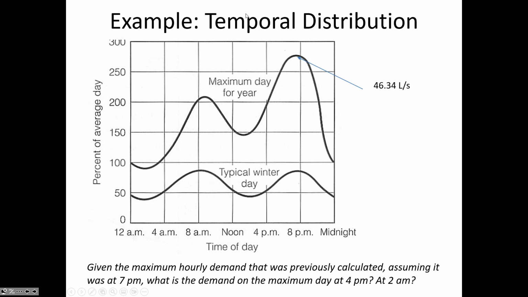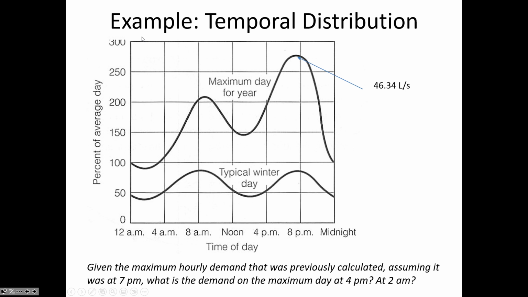We're saying this is a scale, and by reading off the vertical intercept here, the percent of the average day, we can find the flow rate at any time of the day. So 46.34 times 195 divided by 275 would mean that the flow rate at 4 p.m. is 32.9